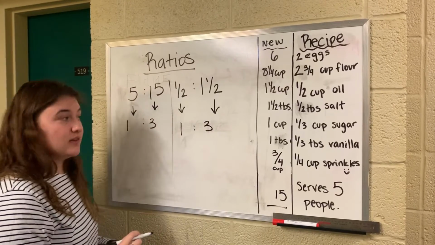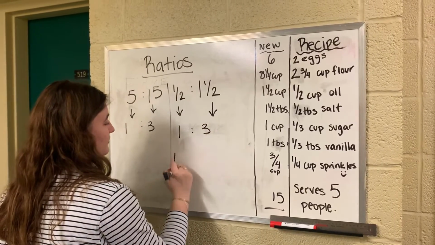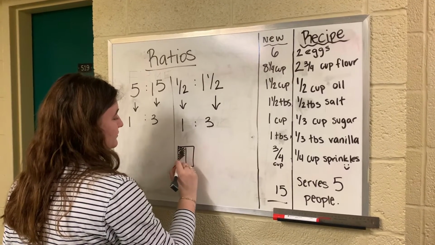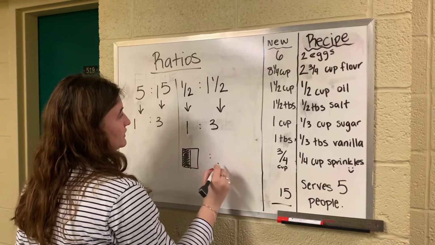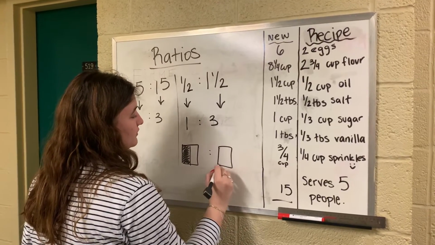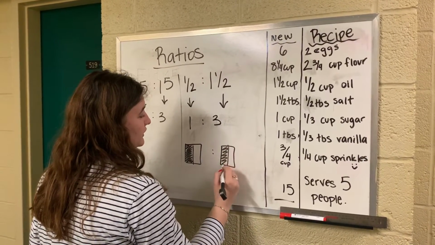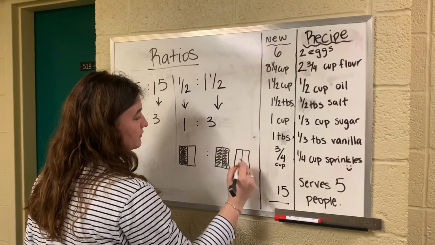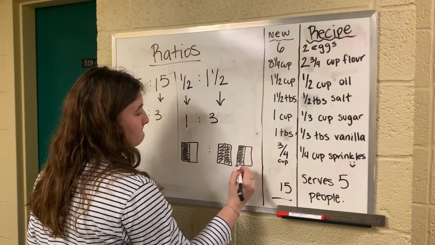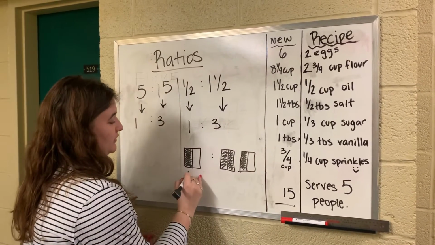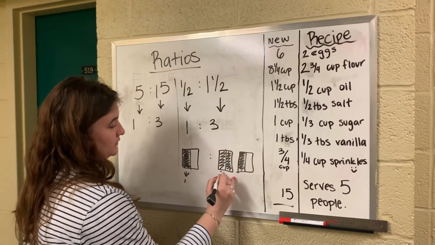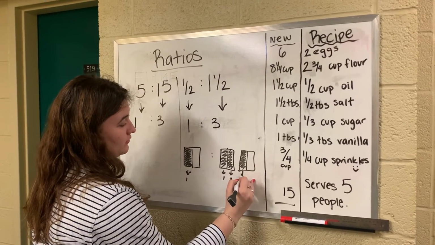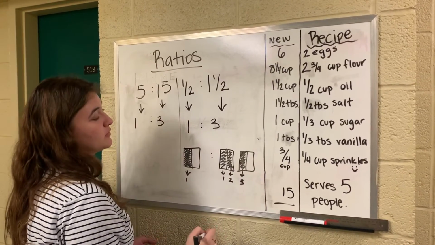Another way we can look at this is if we have a half versus 1.5, we see that there's 1/2 here, and then there's 3 halves here, which is the same as